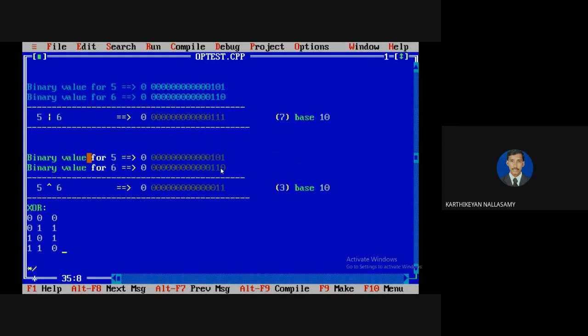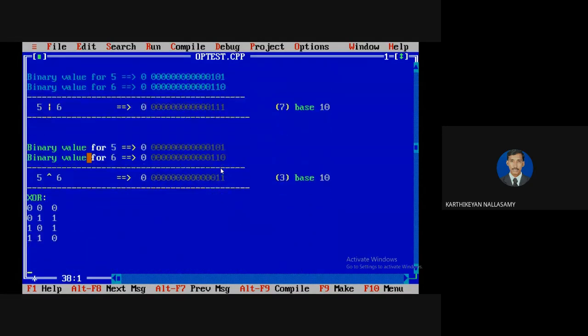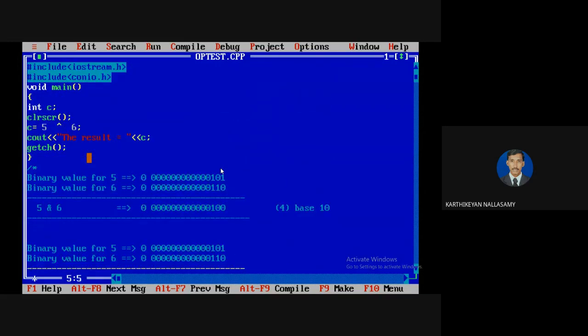In the same way, there are 3 operators we will discuss. And the next is very, very important, we must understand. If you are representing a variable here, for example, a, b, in A I'm going to represent 5, and in B I'm going to represent 6. If you are going to represent it directly, like A and B, you must represent it within parentheses. Otherwise the computer gets confused, so we need to define it only within parentheses. Clear? Okay.